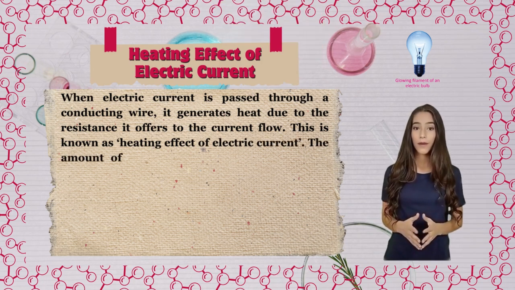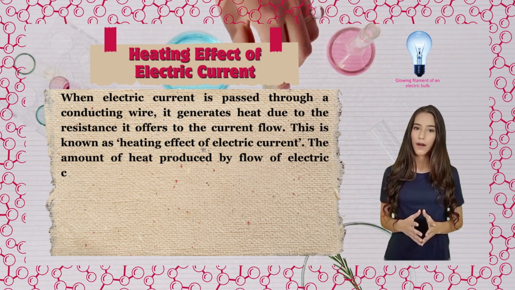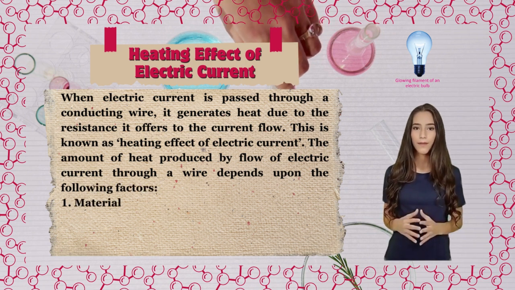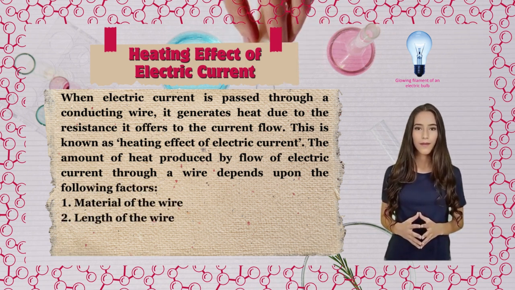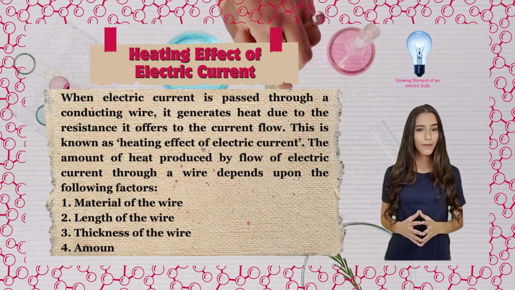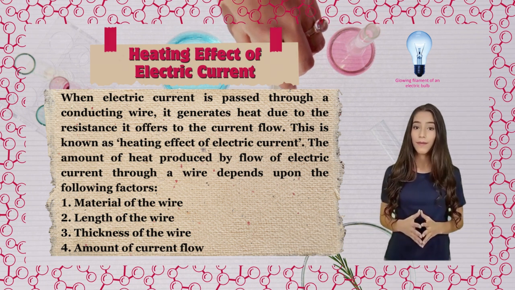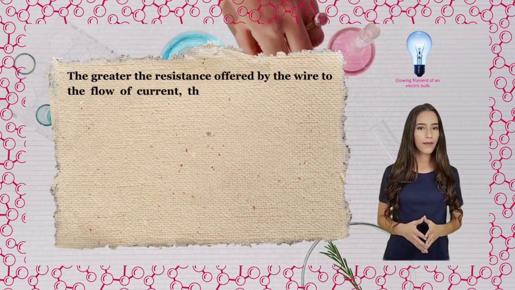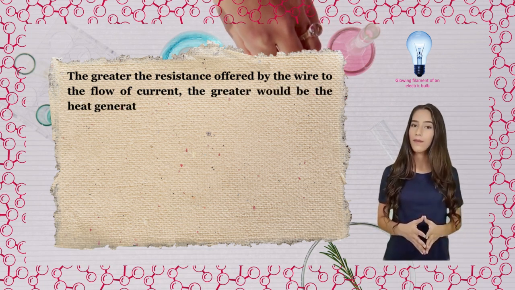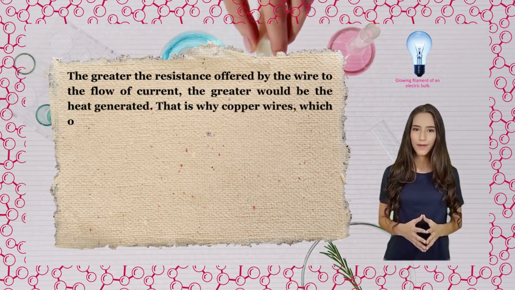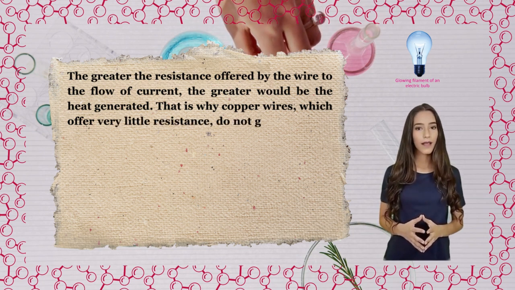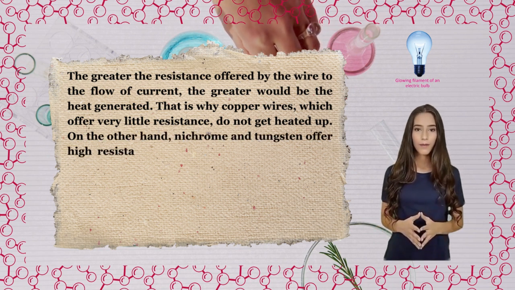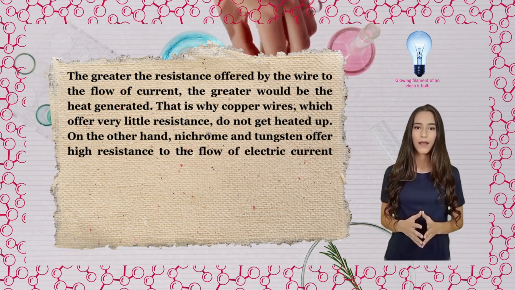The amount of heat produced by flow of electric current through a wire depends upon the following factors: 1. Material of the wire. 2. Length of the wire. 3. Thickness of the wire. 4. Amount of current flow. The greater the resistance offered by the wire to the flow of current, the greater would be the heat generated. That is why copper wires, which offer very little resistance, do not get heated up. On the other hand, nichrome and tungsten offer high resistance to the flow of electric current and get heated up